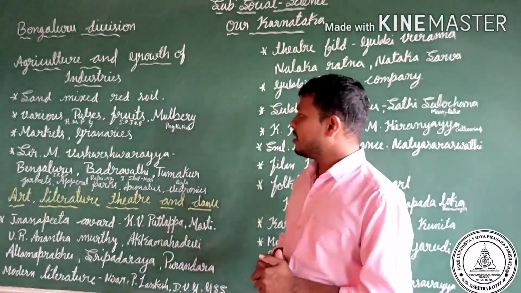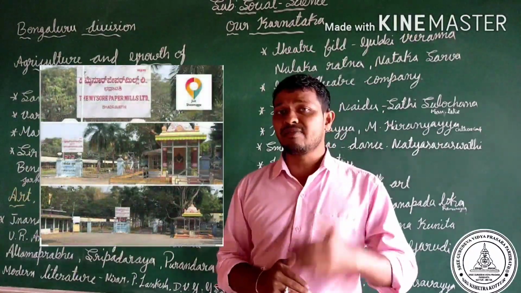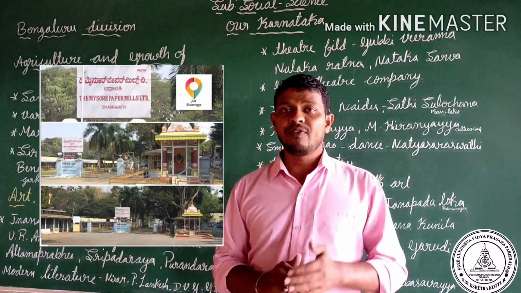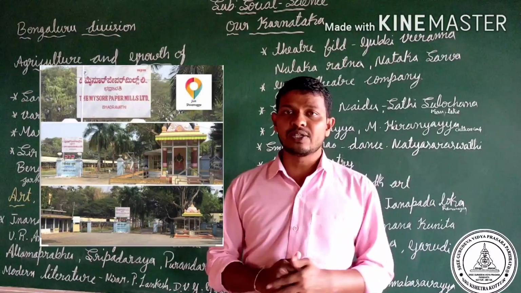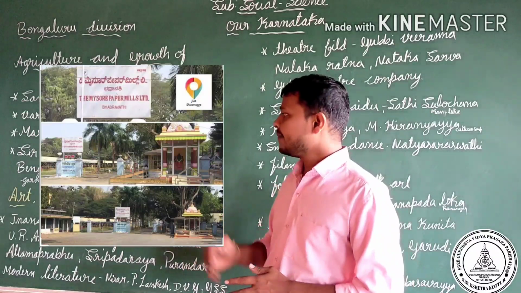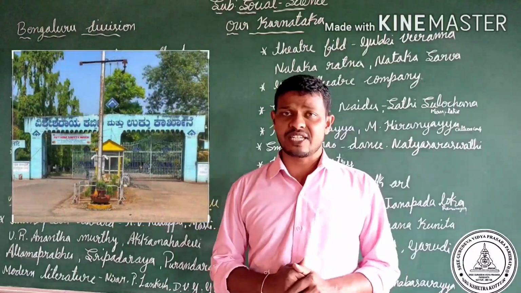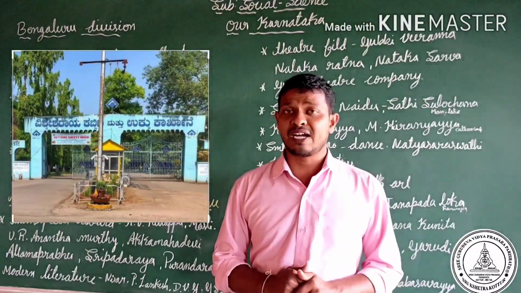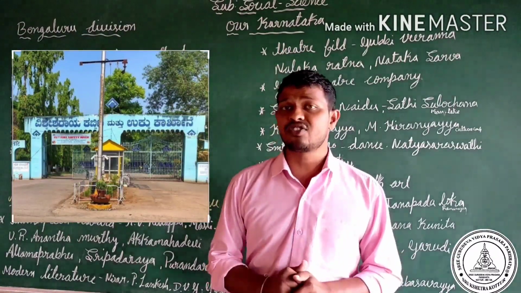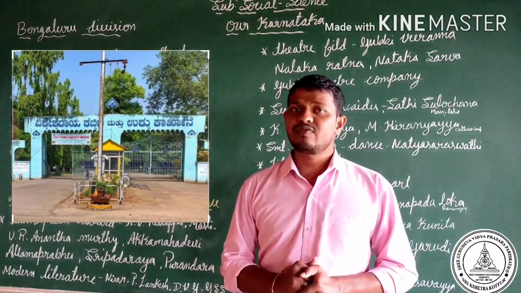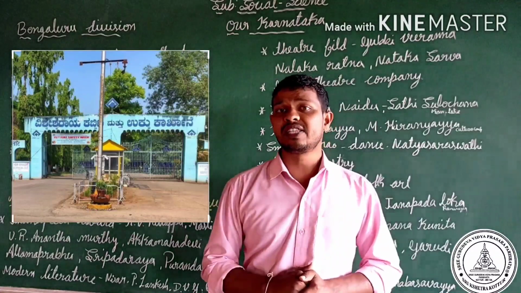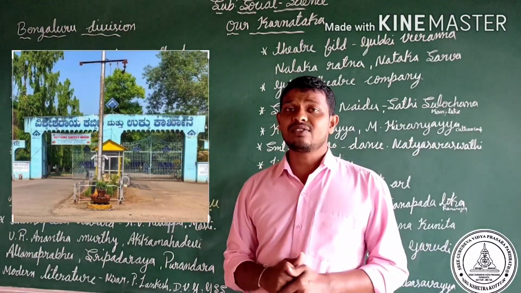I would like to tell about the Bhadravati paper factory. It was established in 1936. This is a paper factory; the newspapers we are using are produced in this paper factory. And the iron and steel industry. The old name of the iron and steel industry in Bhadravati was Visvesvaraya Iron and Steel Industry Limited. It was started in 1923. This is also one of the important industries.